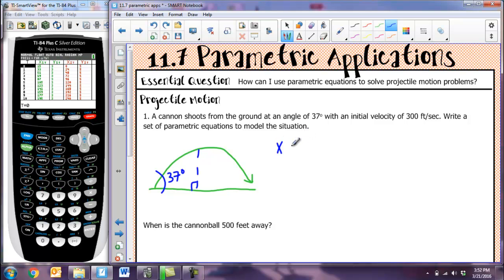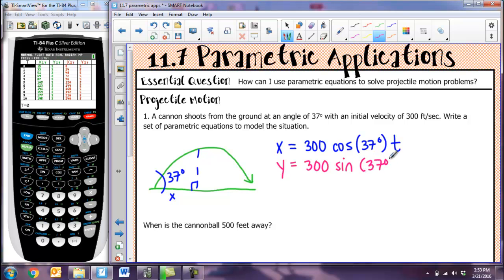To write my x equation for my parametric, I'm going to use my speed, which is 300 feet per second. Then I'm going to take the cosine, because cosine goes with x, usually the adjacent side, and then the angle, and multiply it by t. So at any point in time, I can figure out my x direction if I take the cosine of this angle and multiply it by the initial velocity. Very similarly, I'm going to write my y component the same way. I'm going to take my speed, but now use the sine of 37 degrees,